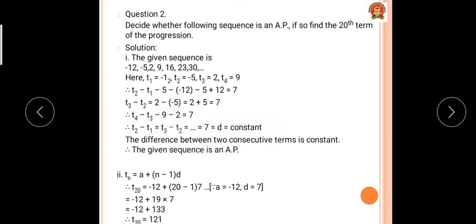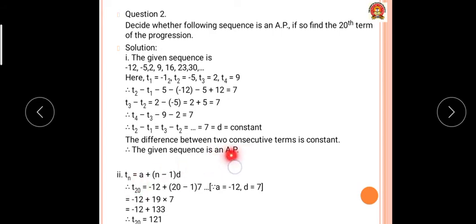It is compulsory to write. You can't do the calculation orally here. I know that it is very simple, but still, don't skip the steps. You will not get full marks. Listen students, in algebra or geometry, steps are very important. In the board examination, if your answer is correct but you skip the steps, your marks will reduce definitely. Okay, so the difference between 2 consecutive terms is constant, therefore the given sequence is an arithmetic progression.